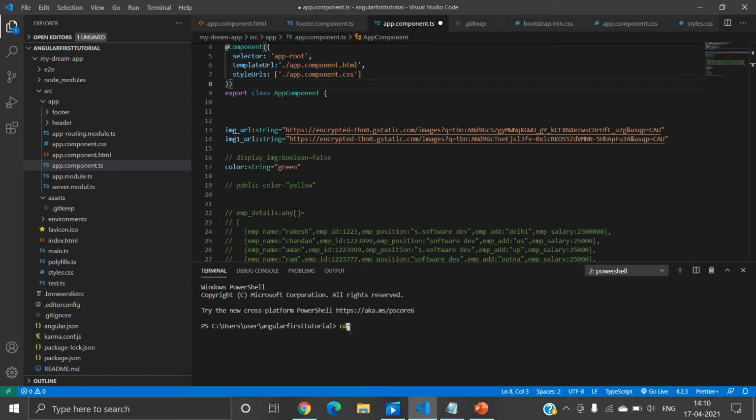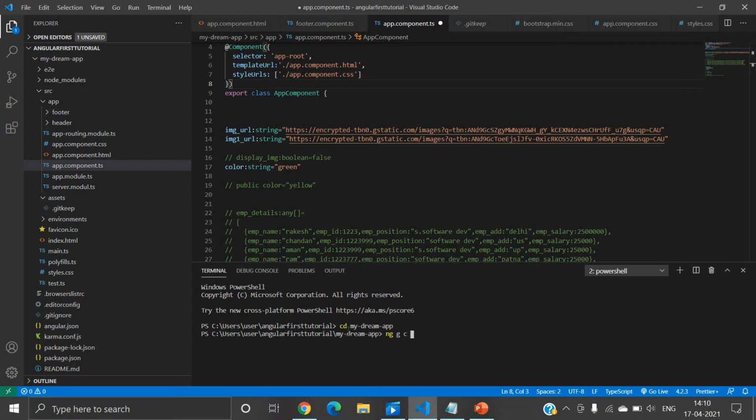This is provided by default by Angular. So now let us start. We will create one child component. First of all we have to go inside my project directory, my dream app, right? So we will create one component with ng generate component.